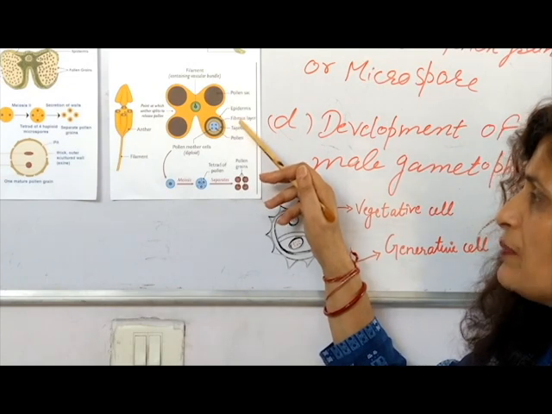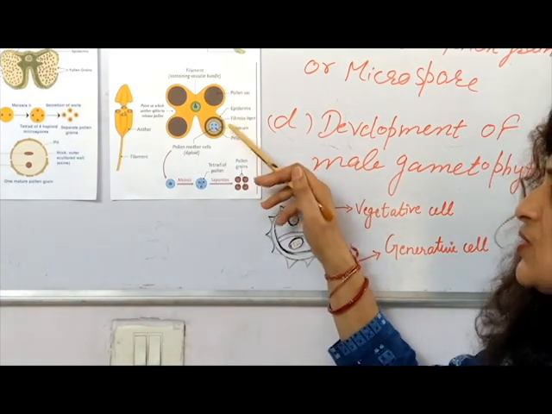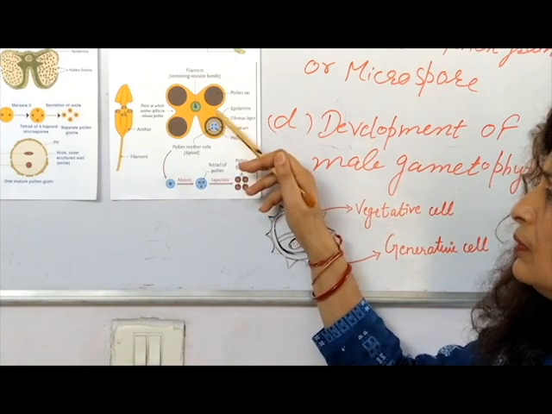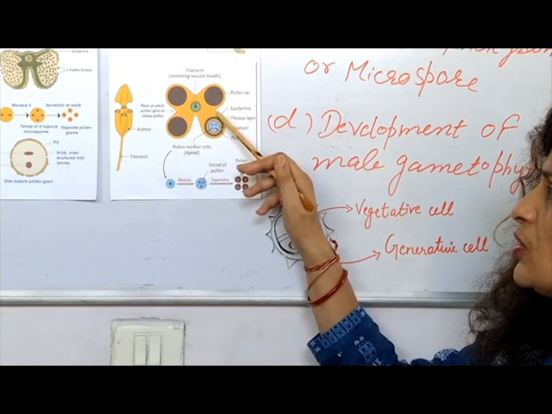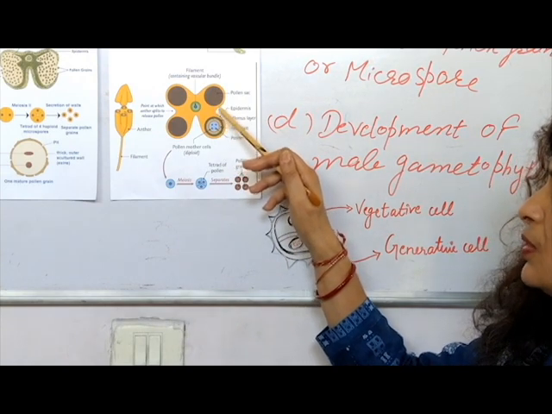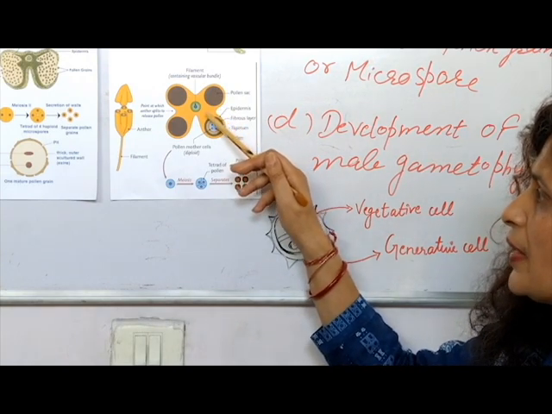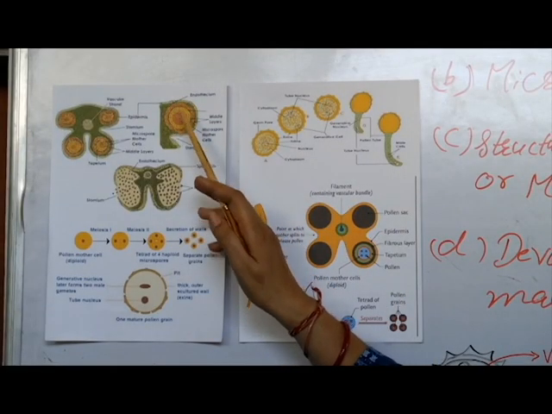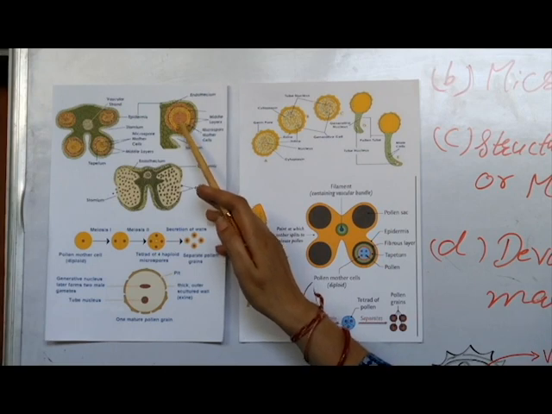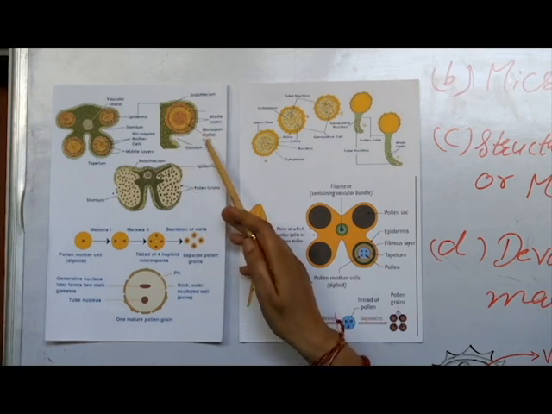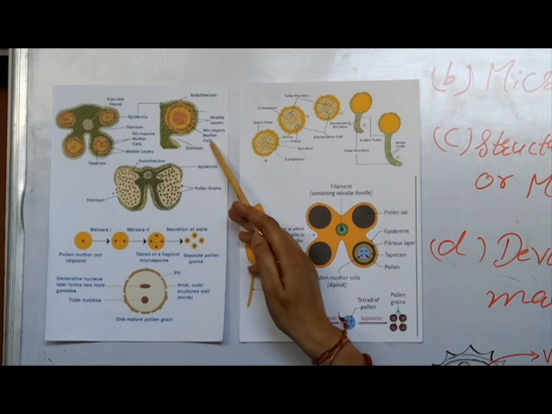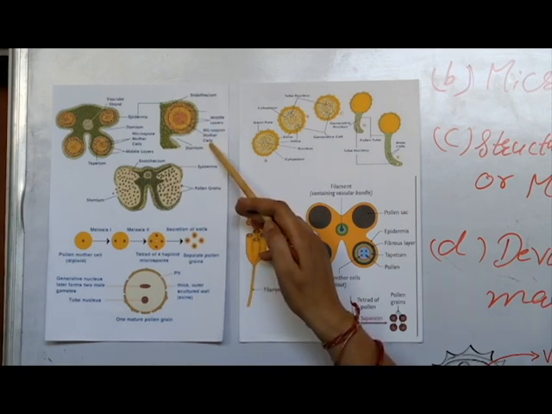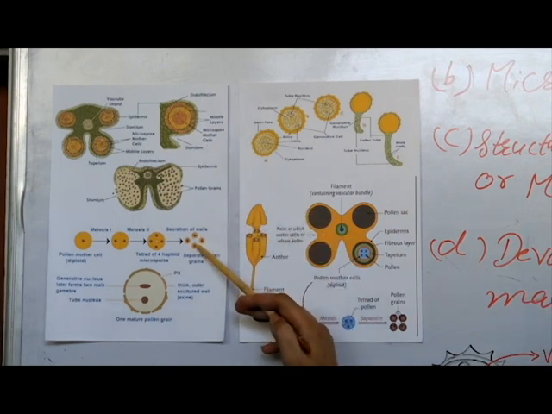And why is this called the fibrous layer? Because this layer has thickening of fibrous tissue on it. But this layer becomes thin in these side regions, which are called stomium. Stomium disintegrates and it helps in liberation of pollen grain. Internally, each microsporangium consists of sporogenous cells which get converted into microspore mother cells. Further, microspore mother cell develops into microspores.